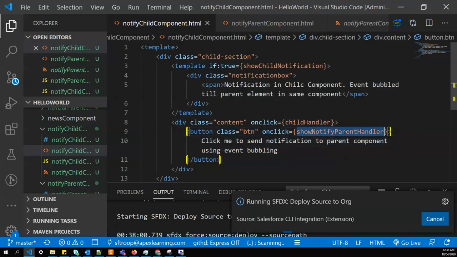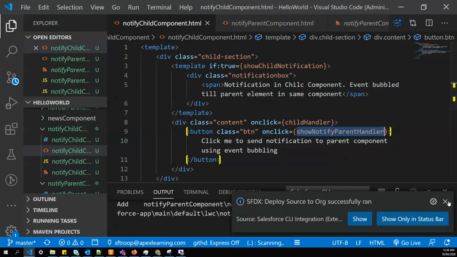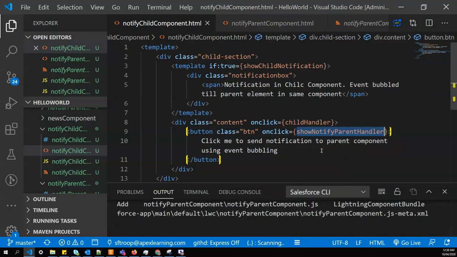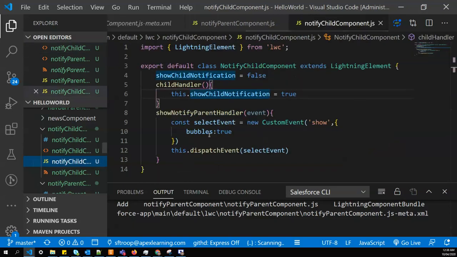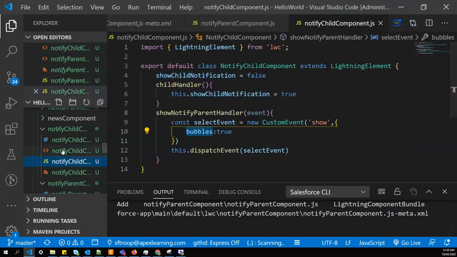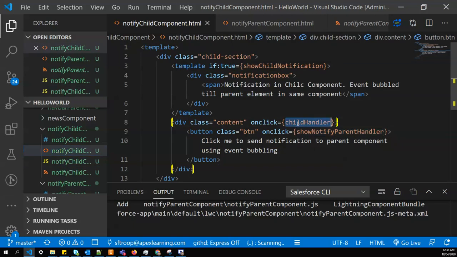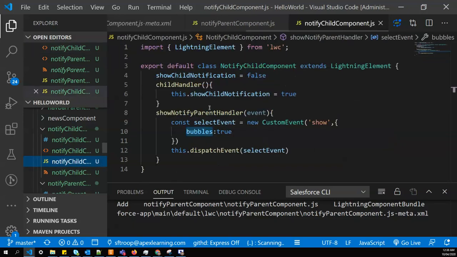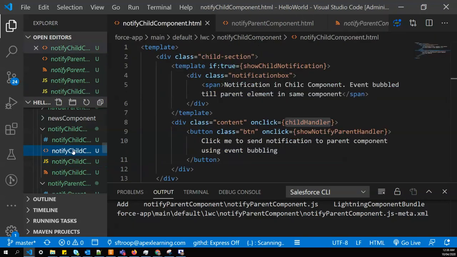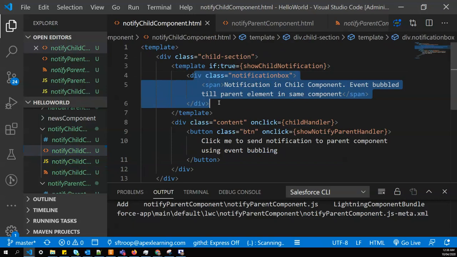So when you click a button, it dispatches an event. That event bubbles because we set the property bubbles to true. When it starts bubbling, it calls another method, the child handler on the parent element, and the child handler changes showChildNotification to true, and in our HTML we are able to see this.